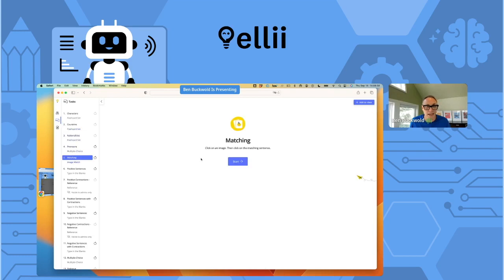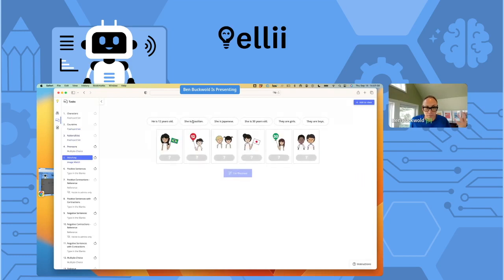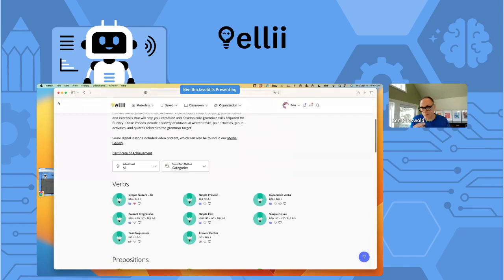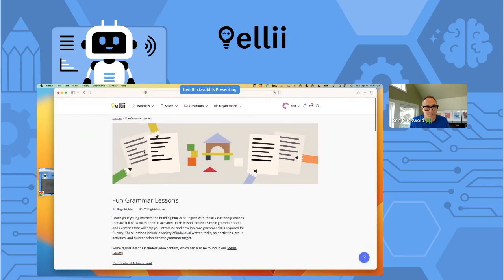We might do a matching task that's a little bit more fun than that other matching task that we looked at before. You can drop those in. So a lot of great activities for students that you can present on their own devices. And all of this, by the way, is responsive. So it will work nicely on their small devices, on their small phones. So that's a look at some different types of tasks, different types of levels, and a different range of levels.